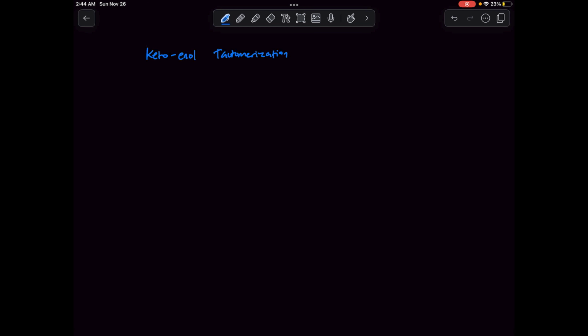And of course, this is when there is equilibrium between the keto form, which is this one, and the enol form of a molecule. Oh, wait, that's wrong, sorry. And so here we have the enol form and the keto form. And here we have the equilibrium arrows, which I've not drawn the pointing direction to yet, although it might be obvious since